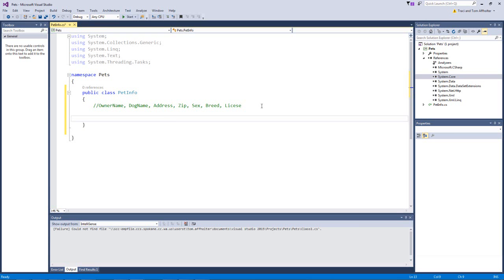So what I start out with at the very beginning is the keyword public, because my properties are going to be public. I then follow it with the data type that I want. So in this particular case, owner name is going to be of type string. So I'm going to type in string, and then the name of the property that I want to use. So in this case, we'll do DogName